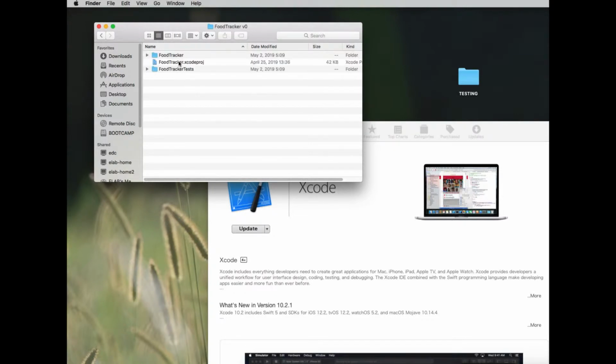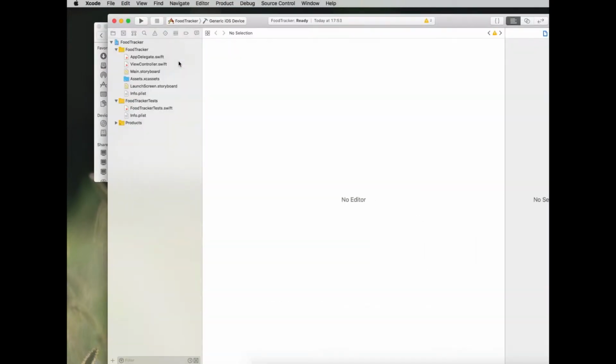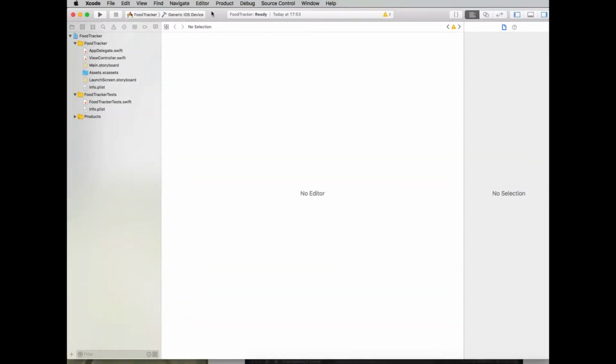So I will open this project, and normally I ask everyone to hit the play button to see whether the existing project is okay or not. But if you look at this, in this FoodTracker you cannot find any simulator here. So basically you cannot run this project,